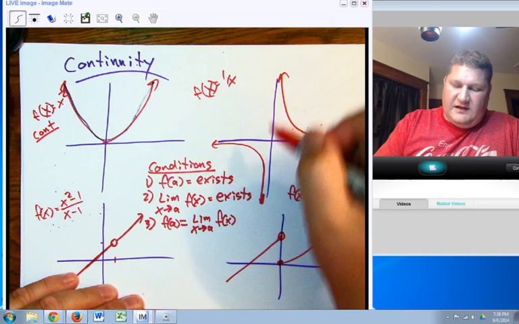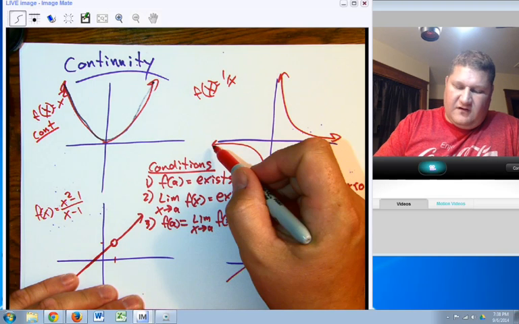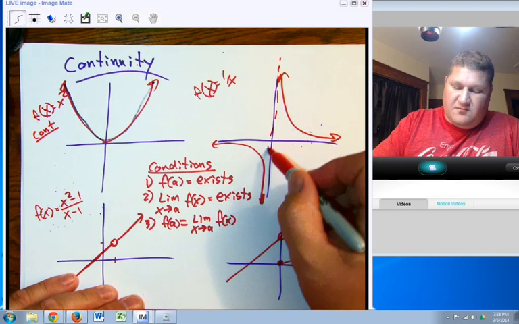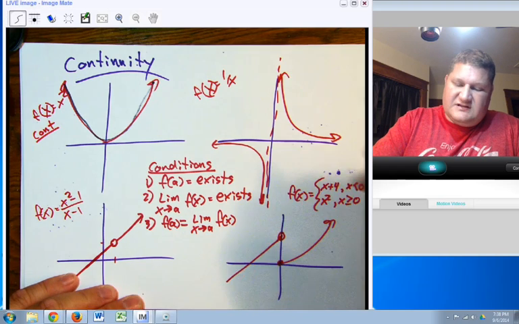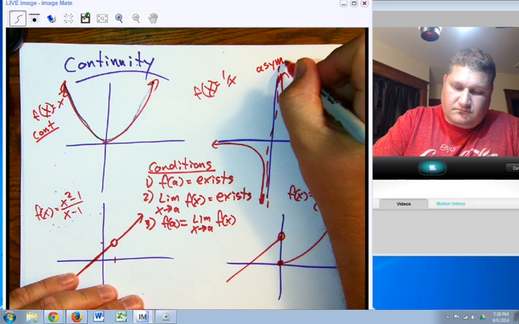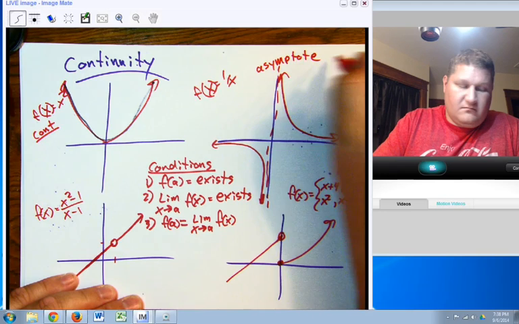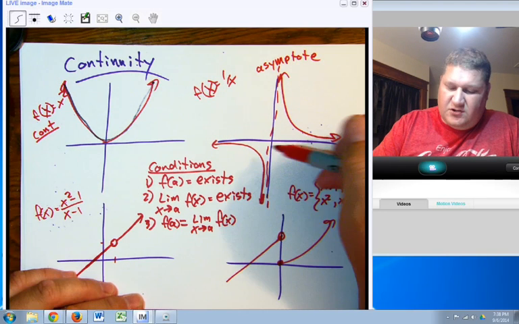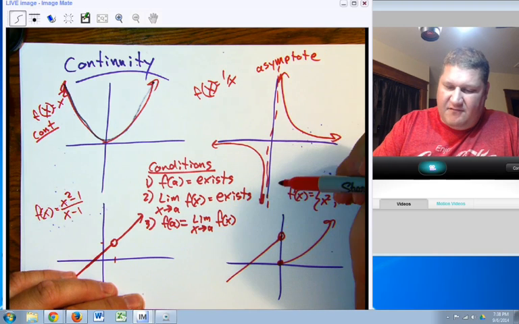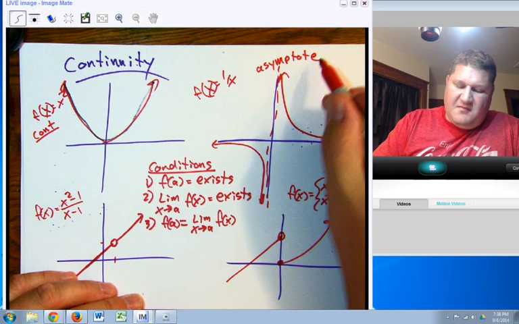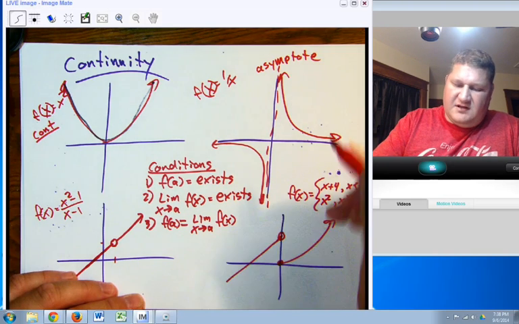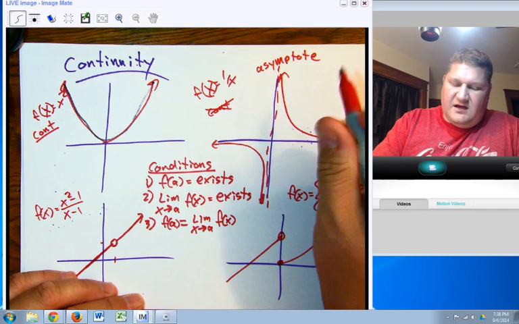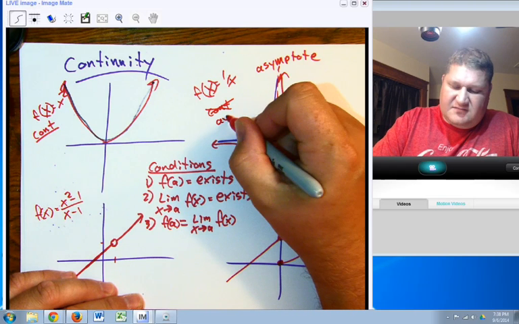This is certainly not continuous, and the reason it's not continuous is because it approaches this center bar right here, which is an asymptote. Now an asymptote, we should all know, is something the graph approaches but never ever touches. Kind of remember that as we start talking about limits. So this is not continuous because it has asymptotic